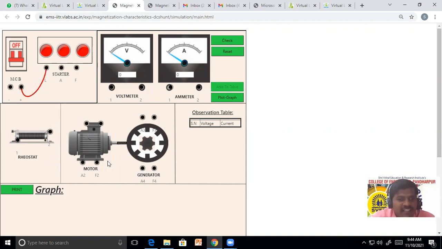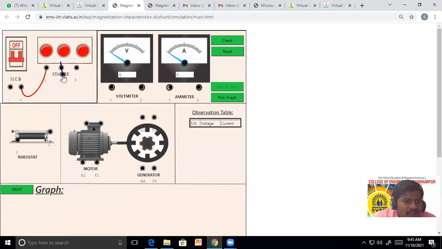Here there is a motor generator set, one rheostat, and one voltmeter to measure the induced EMF, and one ammeter to measure the field current. Field current measure करण्यासाठीचा ammeter आहे, आणि voltmeter आपण कनेक्ट करतोय, so to measure the induced EMF. For that connection, one MCB is given, and a 3-point starter is given, the starter having L, A and F line terminal, armature terminal and field terminal. Okay, see, positive terminal of the MCB is connected to the L terminal of the 3-point starter. Okay, now